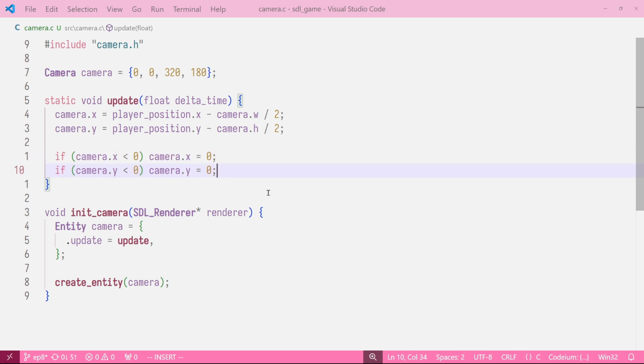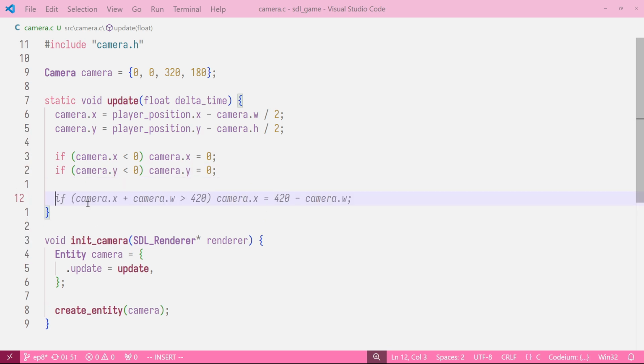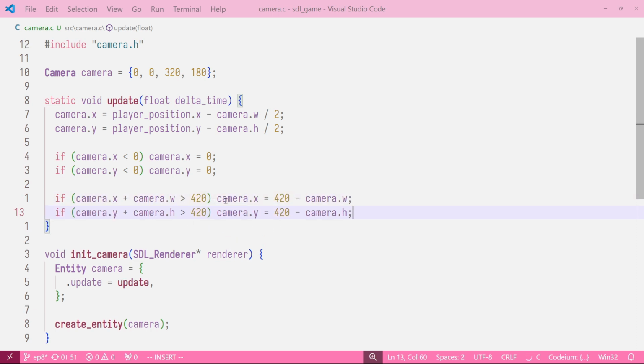So now that we have this, we have defined the boundaries for the left and top borders. We want to do the same for the bottom and right borders. So the way we do that is, yeah, I think this is the correct answer. So if our camera X plus our camera width is more than our boundary,